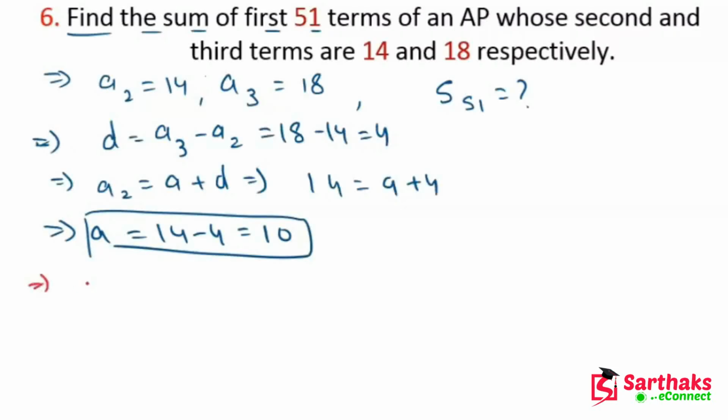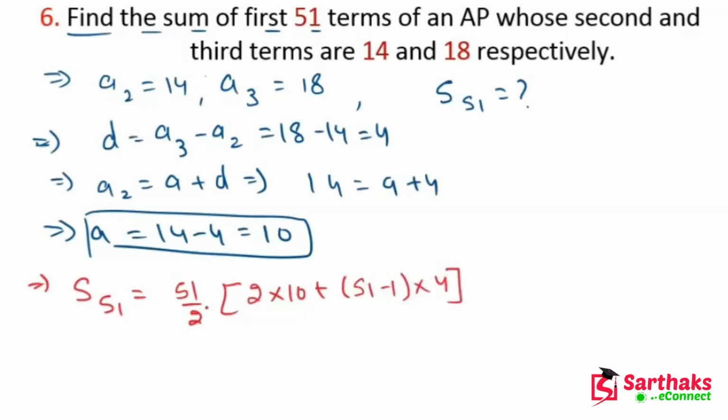Now S51 is equal to n upon 2, which means 51 upon 2, obviously, into twice of a, 2 into 10, plus, what is n? 51 minus 1. And what is d? d is our 4. Okay, so now we can do it very easily. 51 upon 2 multiplied by 20 plus 50 into 4. Now if you solve it, we get